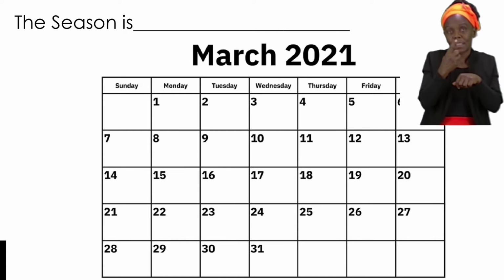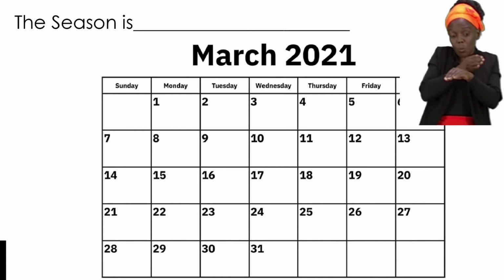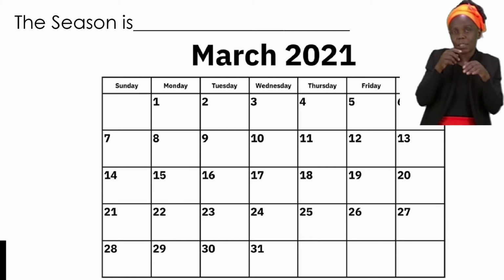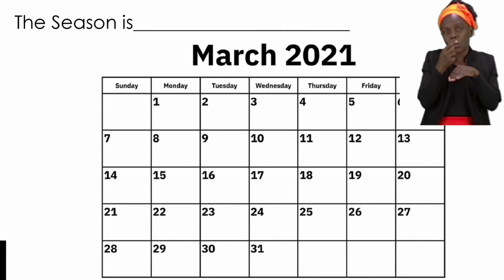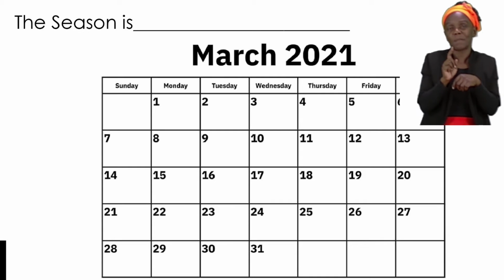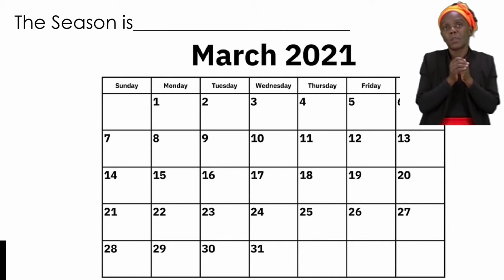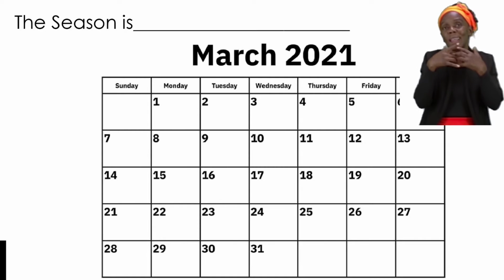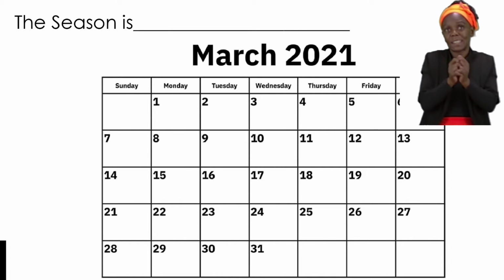And in this case, our first day for March was on a Monday. So that means if we were to count backwards or look backwards at the day before, you will find that it is blank. And it is blank because that day is in February, and we can say because of the year 2021 that it is not a leap year. So that means that our last day was on a Sunday.